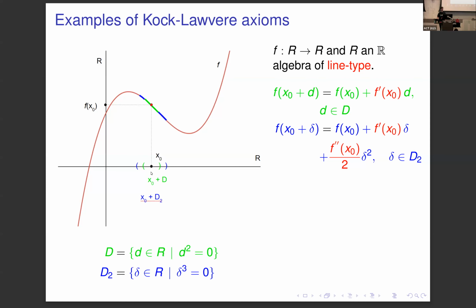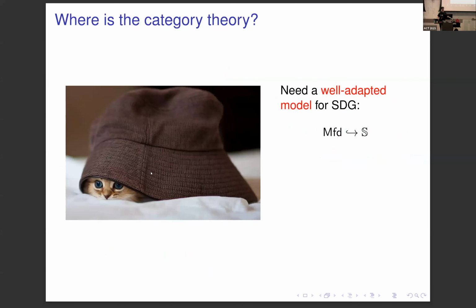So this is an example of the general idea, but it generalizes to higher dimensions. But let's leave that; it's not so important a detail for us at the moment. Okay, so now you might wonder, where is the category theory? So far I have not mentioned any. Well, as you noticed, I've essentially claimed with the Kock-Lawvere axioms that every function is smooth, that everything is differentiable, and you must say, oh no, that might lead me into some trouble. And this is where category theory, or respectively topos theory and categorical logic, come to save us.